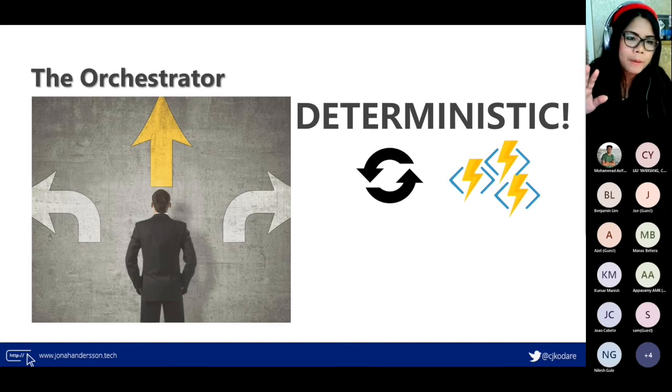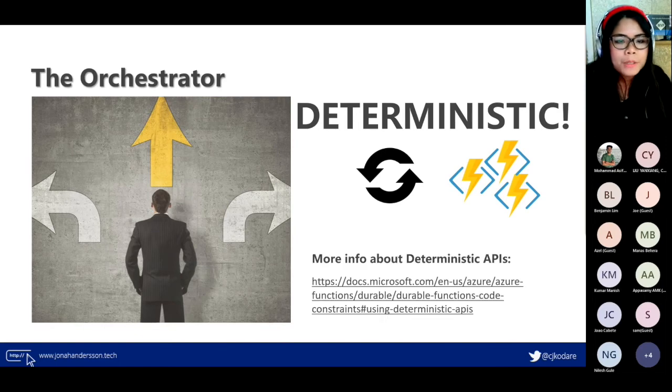For example, once your app is running and you have an orchestrator, it waits. It's long running. So if you put a lot of nondeterministic code in your workflow, it might cause runtime errors. So the technology behind this orchestrator function is a deterministic API.